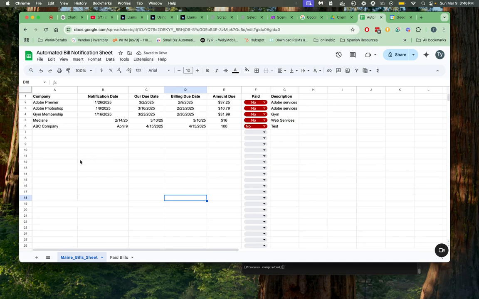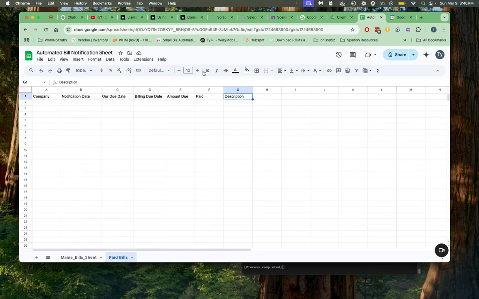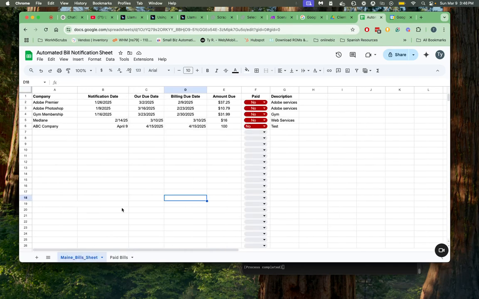Okay. So how this works is basically once bills are paid, they populate into this. So you can keep track of all the bills paid. And also, once you change them to paid, they'll send out a notification on your calendar with the new billing date for the next month. So that's how this works. So you'll be notified the next month. Then you can change it to no, put your new people in here who haven't paid, and then it'll be